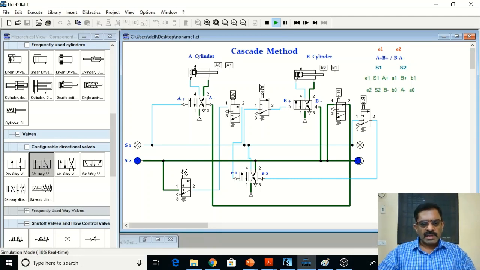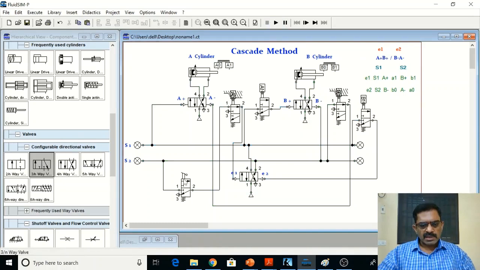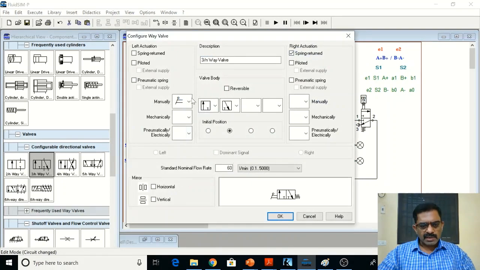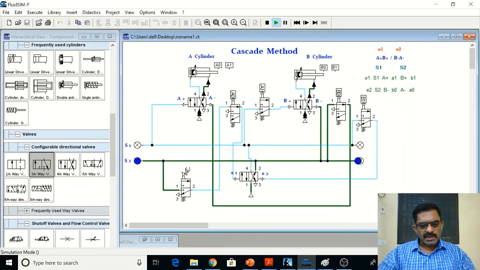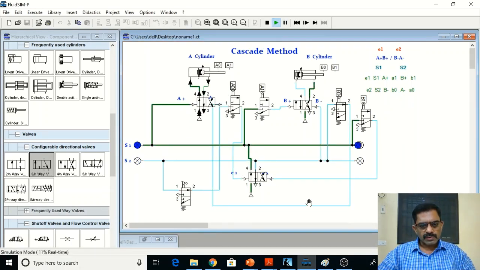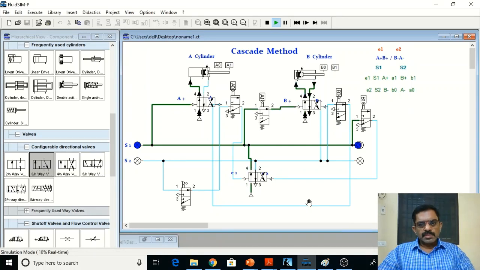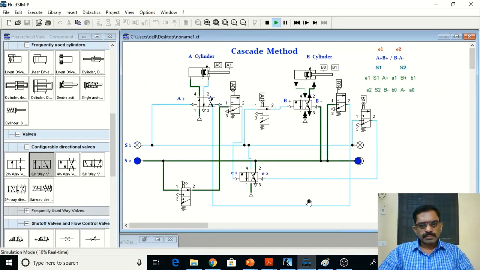So now a one time operation it is performing. If I want a continuous operation, very simple, I can change this operation lever. So I can latch it. It is the latch lever. If I latch it, it will be a continuous operation. Let me simulate that continuous operation. So A plus, B plus, B minus, then A minus.